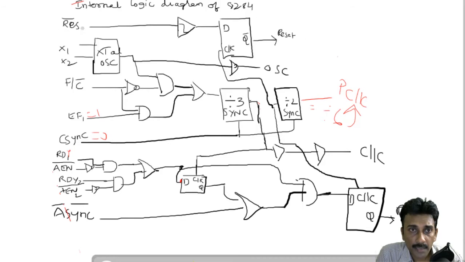This RES bar means reset bar. It will be connected to the Schmitt trigger. We already know that a Schmitt trigger operates with an upper threshold point and a lower threshold point in between. So the square wave will be given to the D flip-flop, the delay flip-flop. Whatever information is given, the same information comes out without any loss to the reset signal. To reset the microprocessor, this separate signal is going to be used.